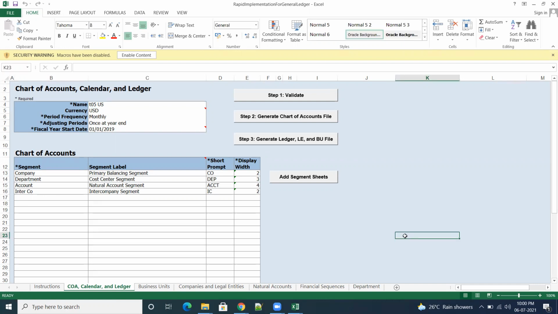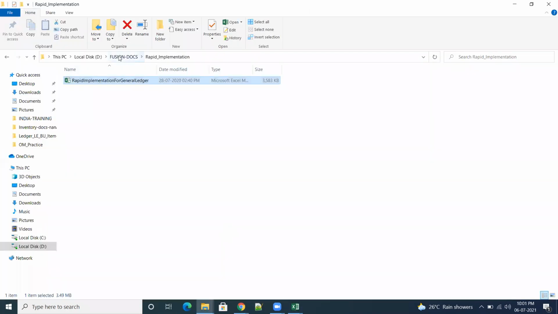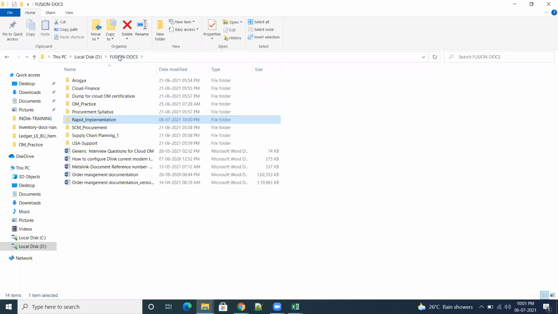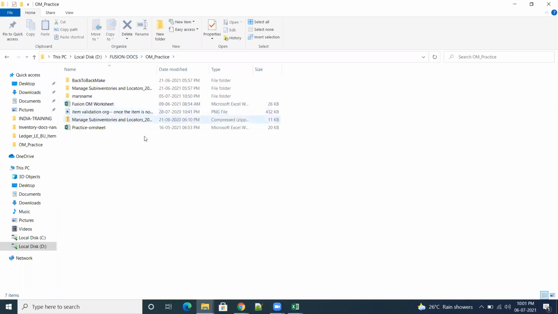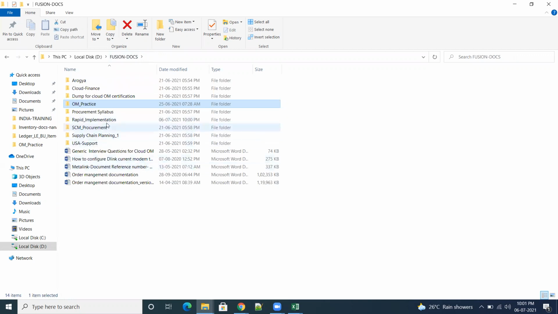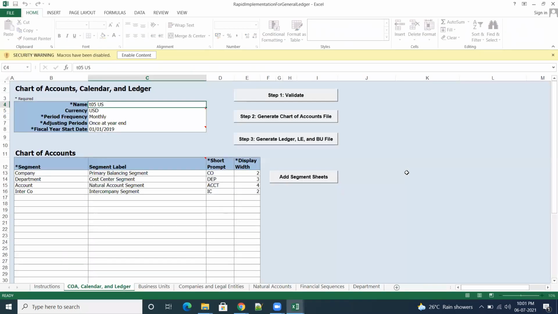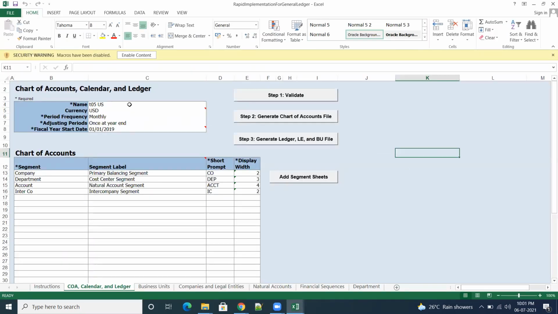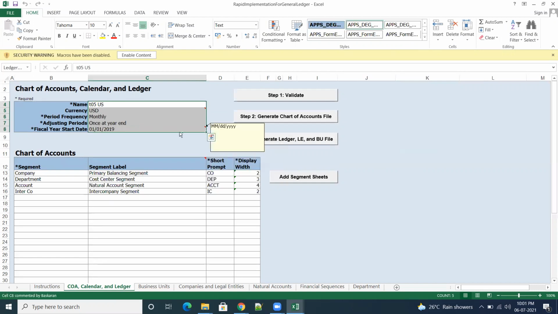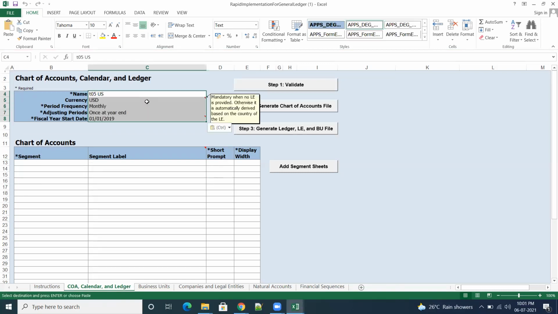Okay. Now, I used not this one. One second, let me open which one I have used. So this, okay, rapid implementation, only this one. Let it be, not a problem. So we'll take the data as it is and we'll verify, we'll change the dates. So go here and put the names.